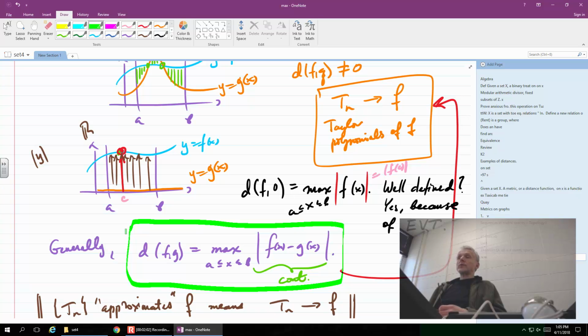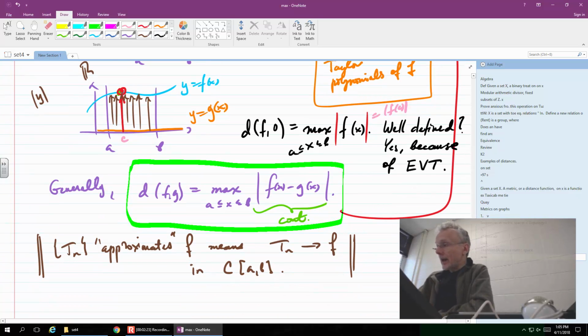Once you have the distance understood, it is understood as a metric space. So approximation, as I have at the bottom there, explains why approximation means what it does. You can literally think about it as if this is my f,